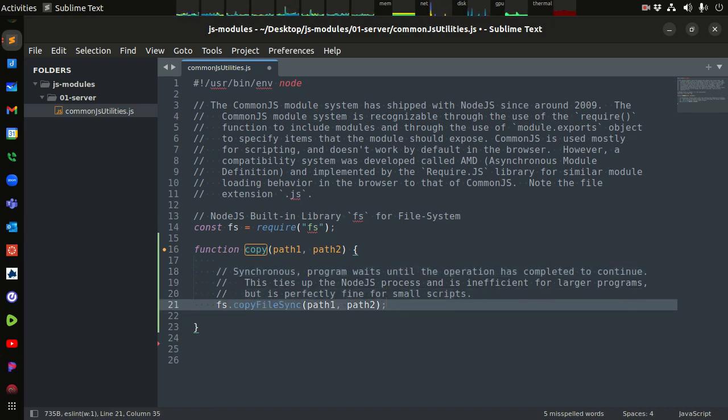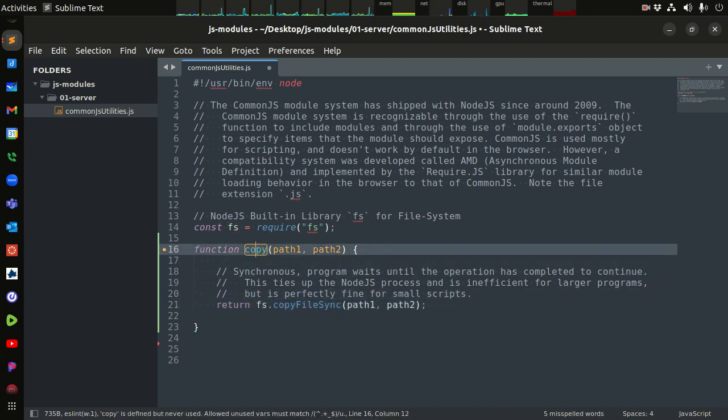And this function that we've built here, this is a copy function, and this is just a delegation pattern. We're taking whatever arguments we get here from copy, and we're passing it into copy file sync. If we wanted to be more robust with this to make it a true delegation pattern, we would return the value of whatever copy file sync gives us, and we would want to pass in all of the args exactly as they were collected, right? So you could do something like this, args, or actually that is going to collect up all the arguments, right, and then pass them